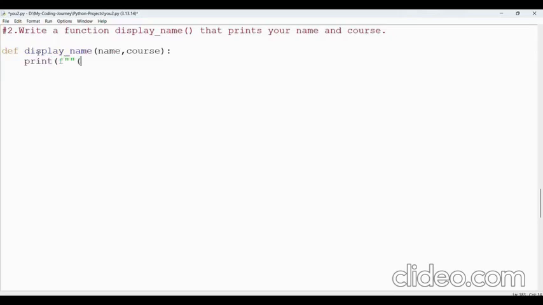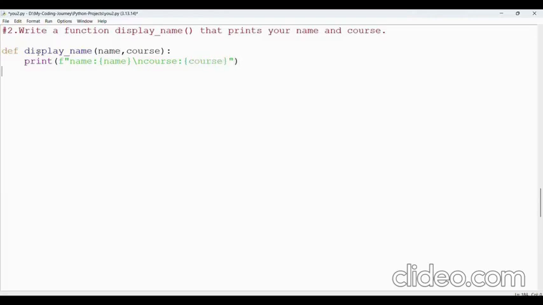So you can see how the f string is working here. I will simply write the variable's name in curly braces, wherever I want to print, and then backslash n for the next line and course, and then I will use brackets and course, to print the course